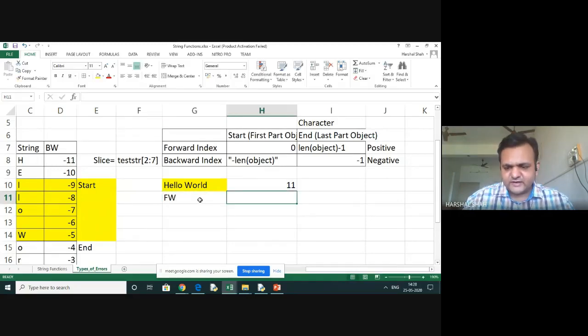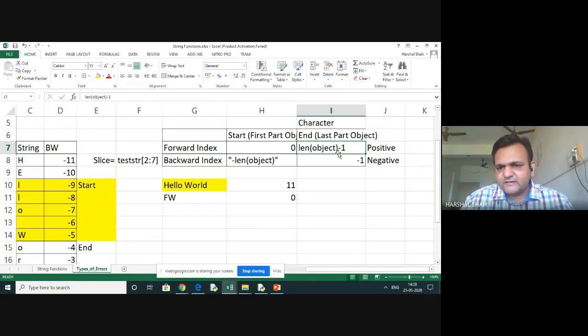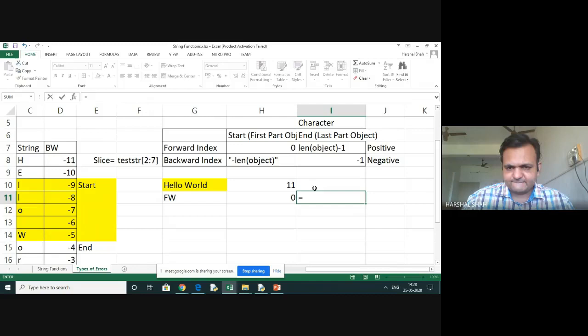It starts from 0 and the last index is length of object -1. So that is called, it is 11. That is called our length of object. You can say the length of object and -1. So this way it does an indexing.